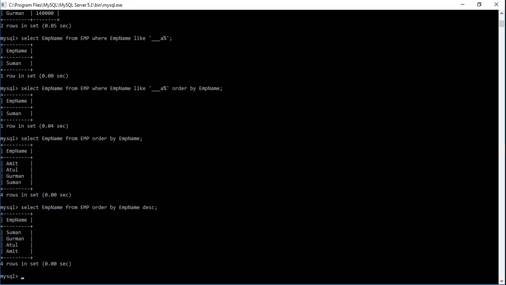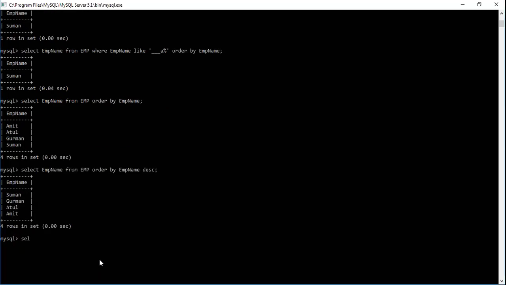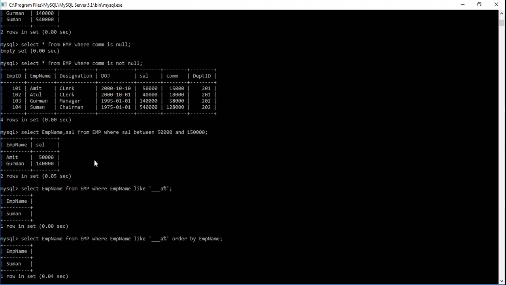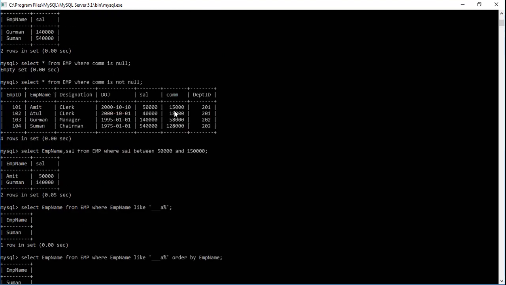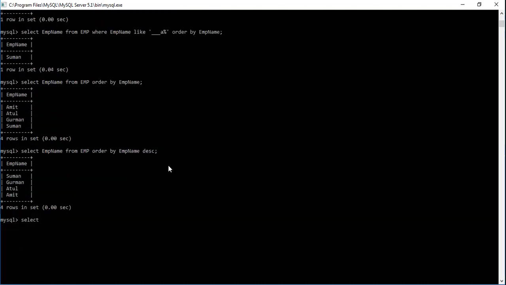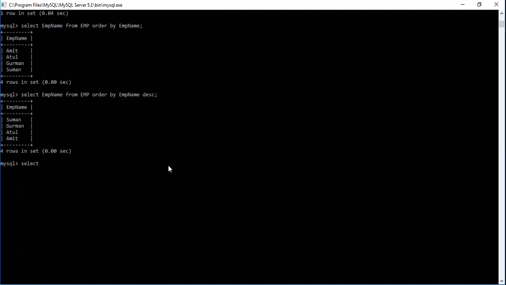So now we need to add both the values. Now the table shows that this is SAL, this is COMM. So we want the sum of both. To find the sum, we can simply use the plus operator.